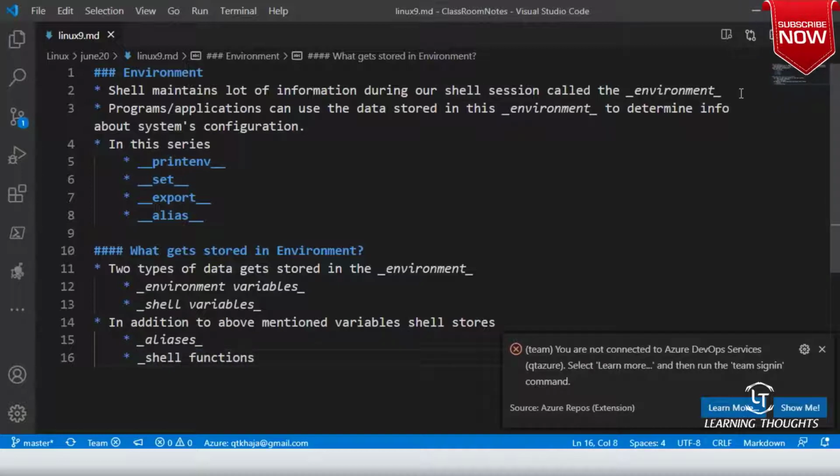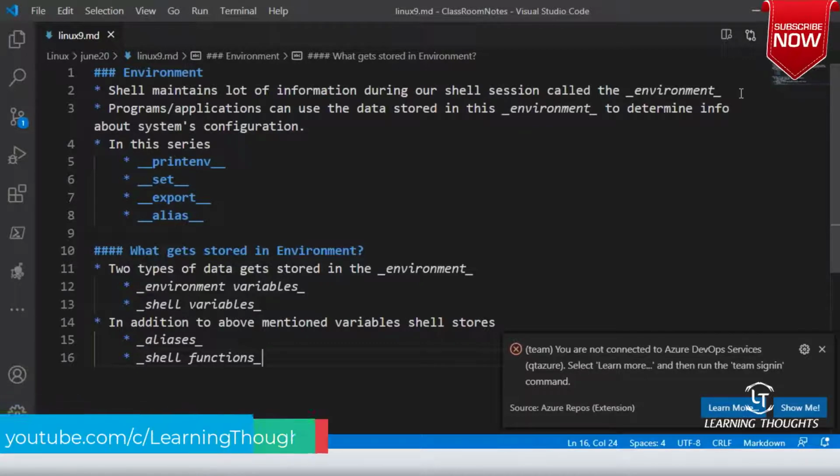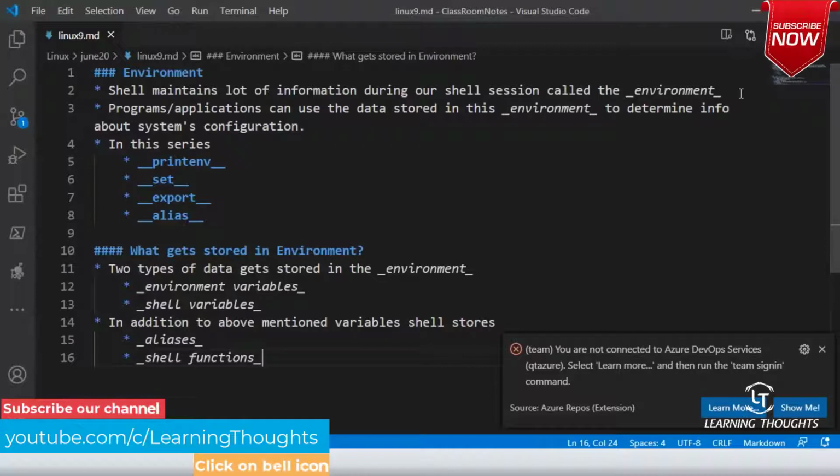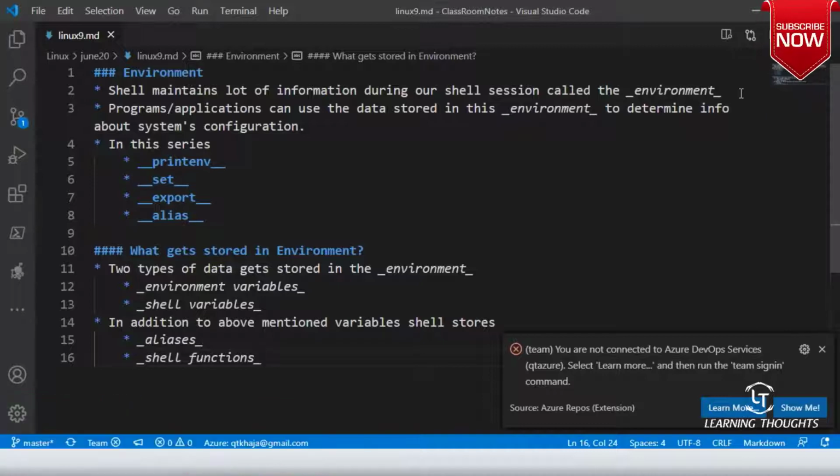We will not refer to shell functions now, but when we speak about shell scripting, we will. But in the environment, there are four things present: environment variables, shell variables, aliases, and shell functions. If someone asks what is there in the Linux environment, we have environment variables, shell variables, aliases, and then shell functions. Am I clear on this so far?